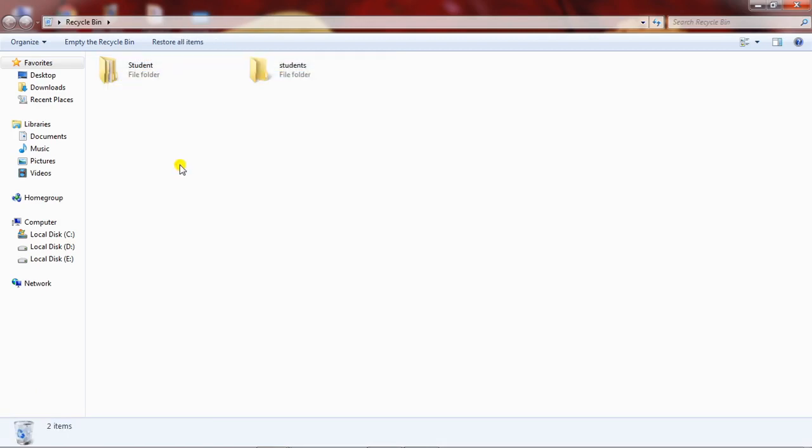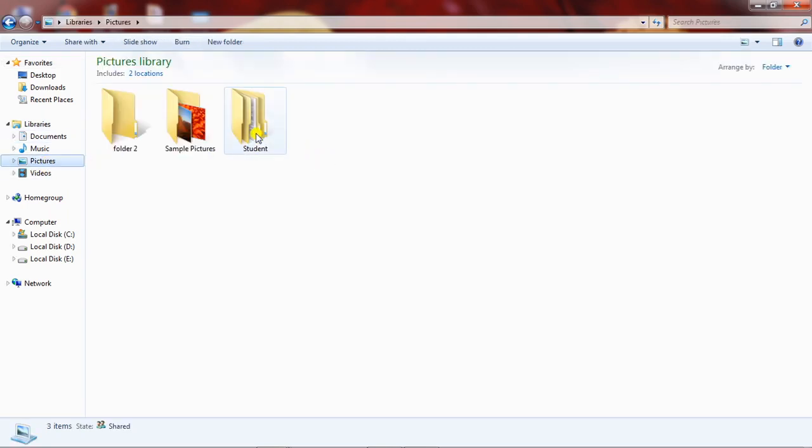But suppose mistakenly sometimes we delete a folder and we want to restore it. How to do that? Just select the file, and at the top there's an option called restore the item. So it will be gone. See, it is gone from here. Where it was earlier, in the pictures folder, let's go and see, it has come back.